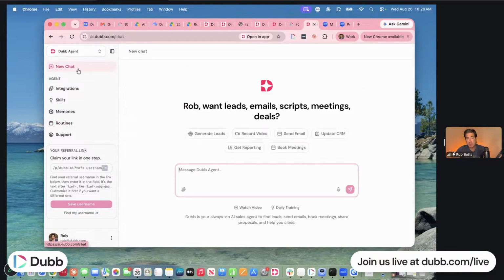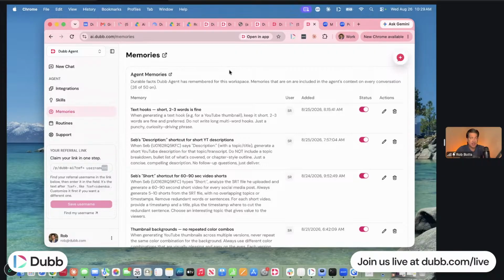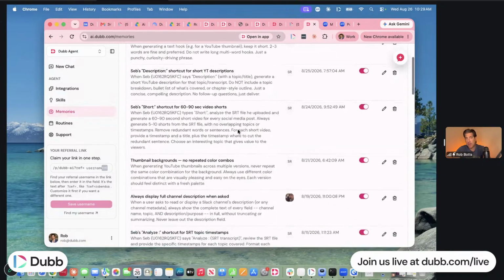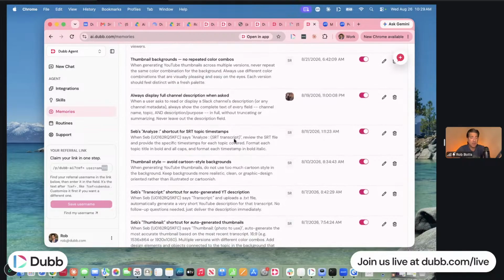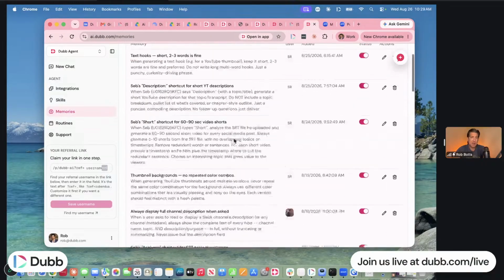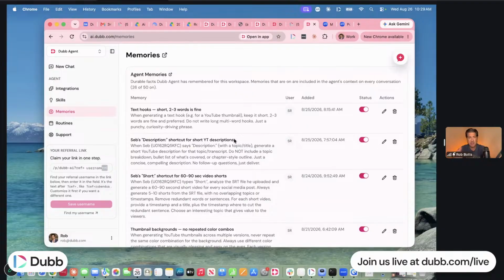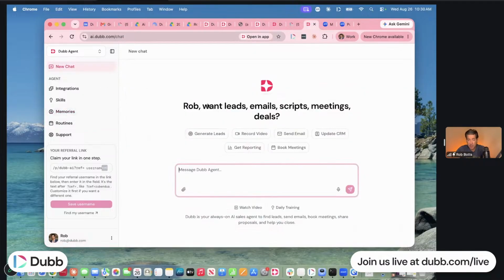You also have memories over here. So in memories, these can be either internal facing, whether you want to have certain structure to how things are presented to you, or it can be customer client facing in terms of maybe how things are presented to them. Thumbnails with YouTube creation, script writing, outreach, structuring of the sequencing that you want. All of these corrections on things. All of these are memories that can be created. Now, the creation of them and of routines and everything else is always right here. Dubb Agent, do me a favor, create a routine. Dubb Agent, do me a favor, create a memory. All of that part. You don't have to say do me a favor. I just like saying that.